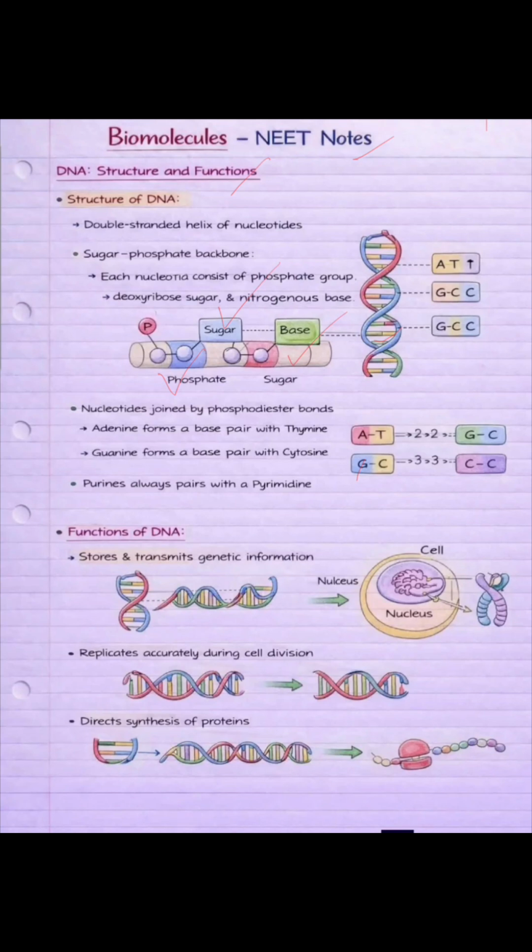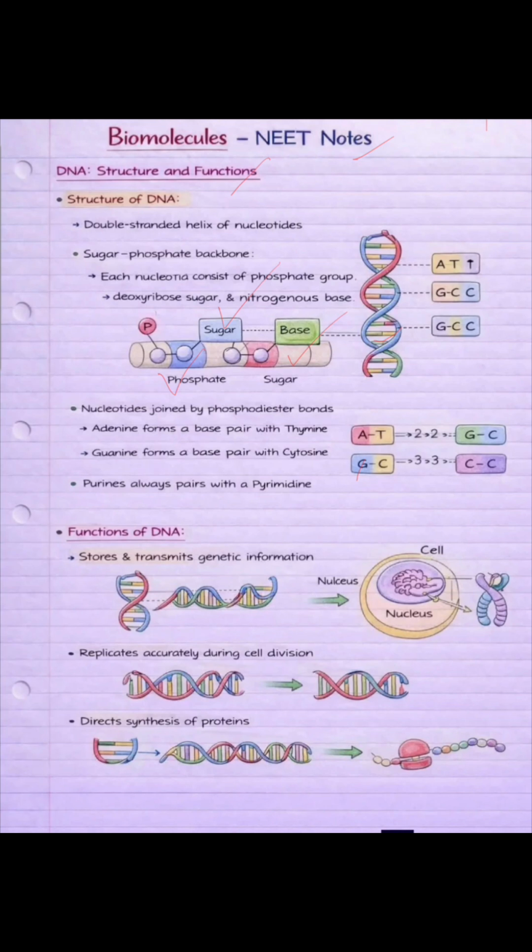Next, the phosphodiester bond. Adjacent nucleotides are connected through phosphodiester bonds. These bonds join the sugar of one nucleotide with the phosphate group of the next nucleotide, forming a continuous DNA strand. There is a base pairing rule,